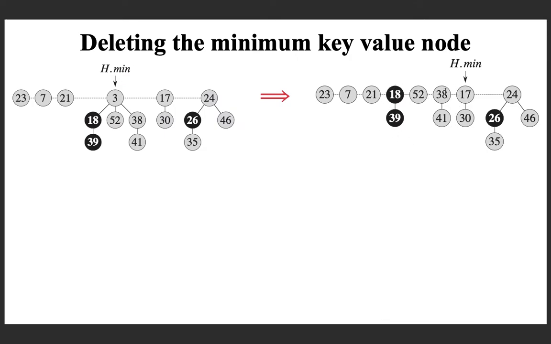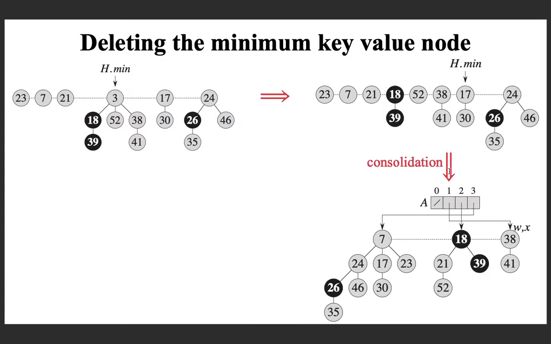That is the first step that we did. Immediately after doing this, blindly we set h.min as pointing to the next tree, which may not be correct. And after that we did what is called consolidation, where